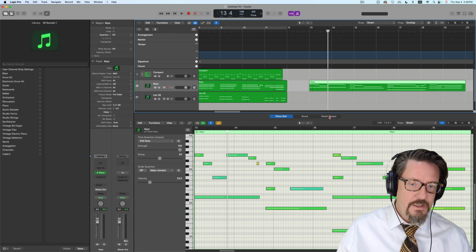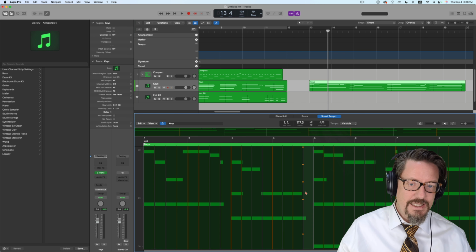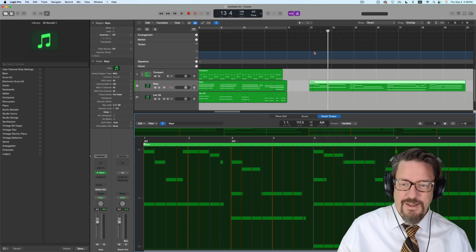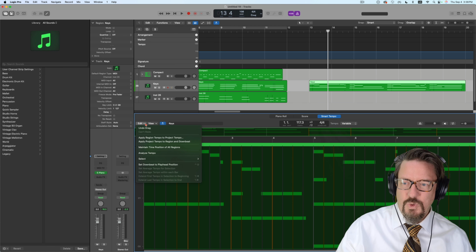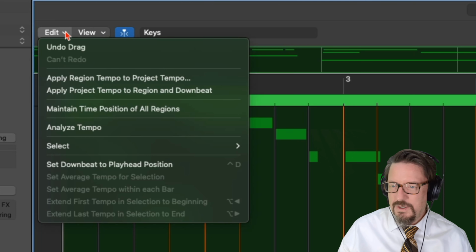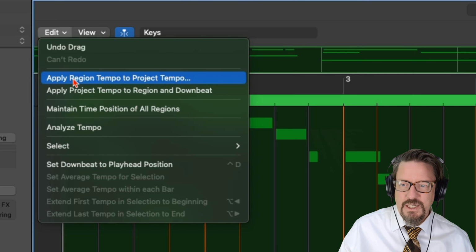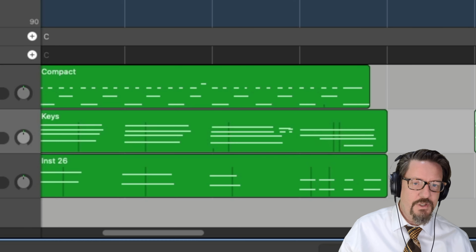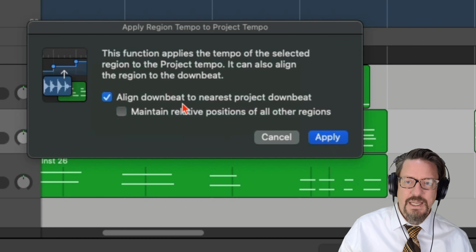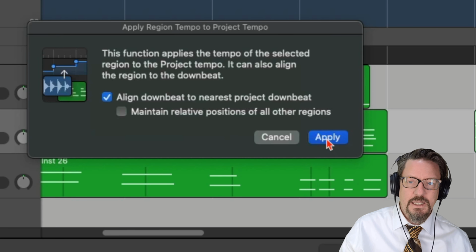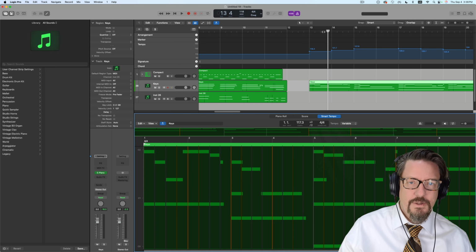One of them is smart tempo this. We're going to analyze it. And then we are going to go to the edit menu, apply region tempo to project tempo just for that section, align downbeat to nearest project downbeat, apply. So now